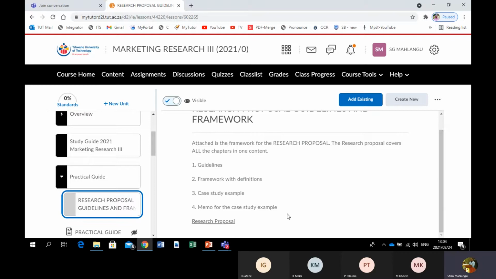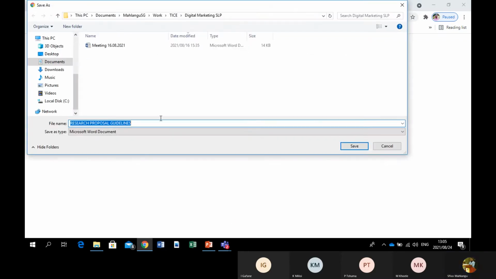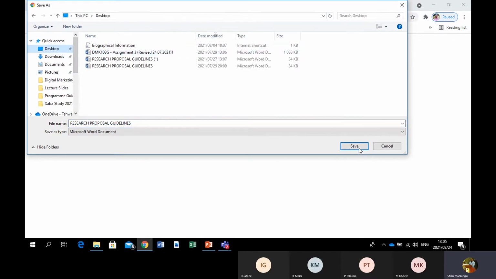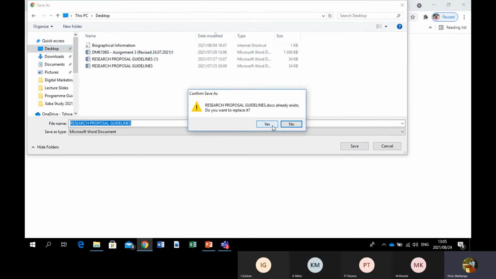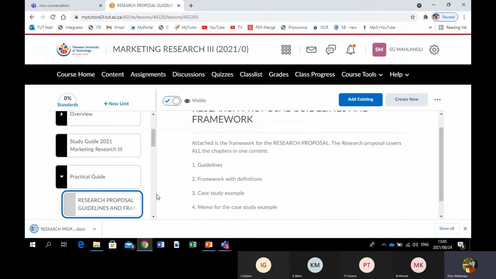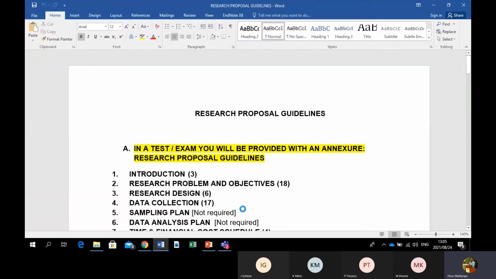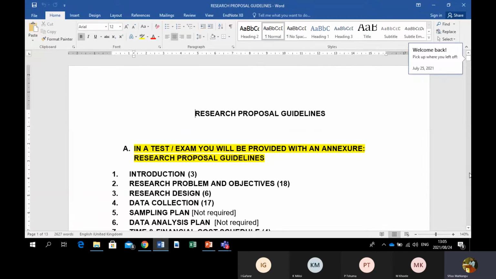Under practical guide, I'm quickly going to save them here on the desktop. We're using different computers from time to time, so I already have it somewhere. So you'll remember these guidelines